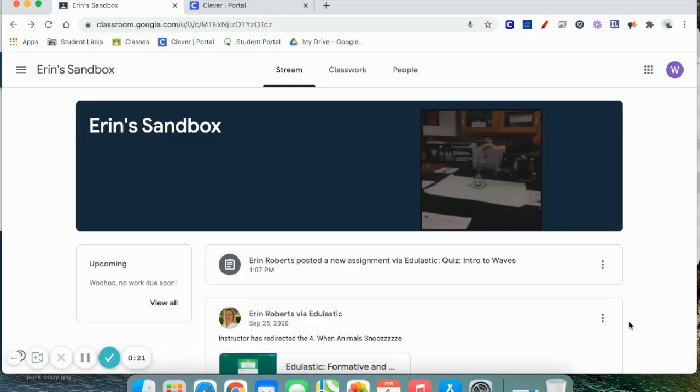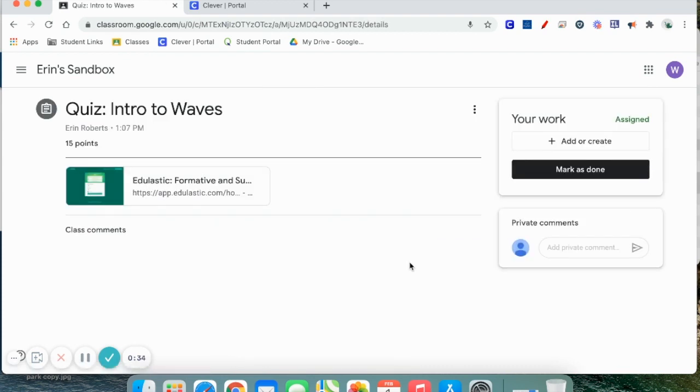If your teacher designates Google Classroom as the place to locate your Edulastic test, you will go to the stream and notice hopefully the uppermost post should be a new assignment via Edulastic. Please click on this link. As you open it up, you will be prompted again to click on another link taking you directly to Edulastic